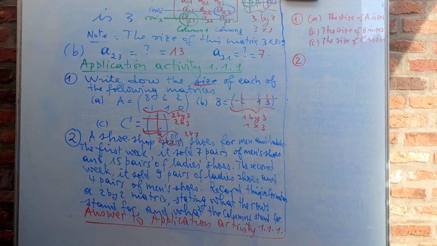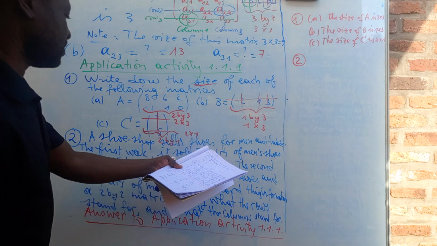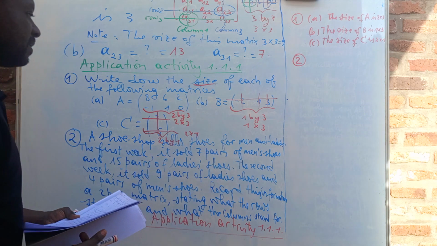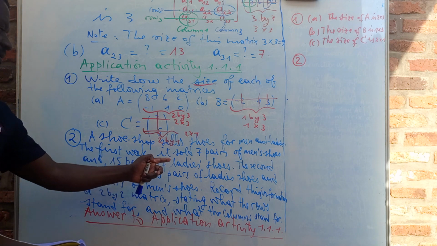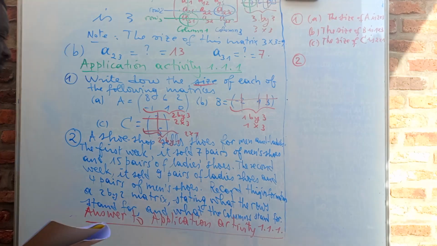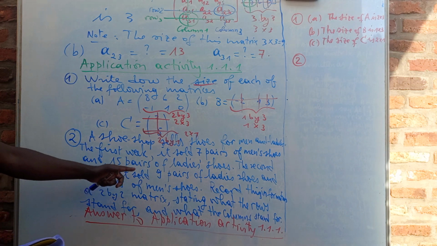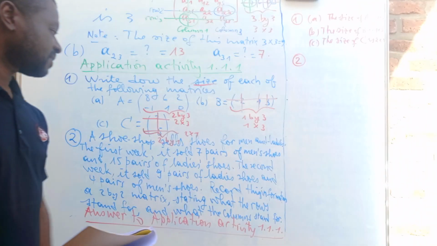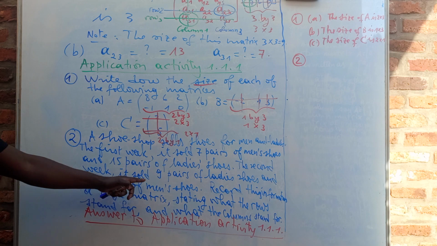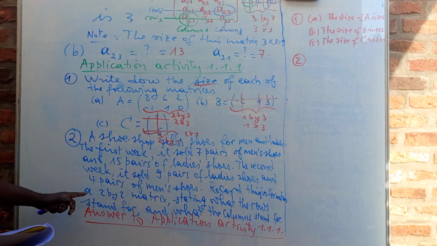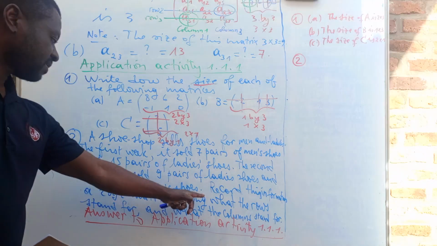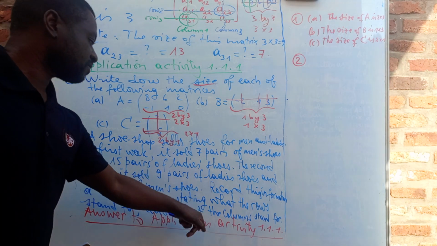So we have this question. A shoe shop sells shoes for men and ladies. The first week, it sold 7 pairs of men's shoes and 15 pairs of ladies' shoes. The second week, it sold 9 pairs of ladies' shoes and 4 pairs of men's shoes. Now we have to form a matrix